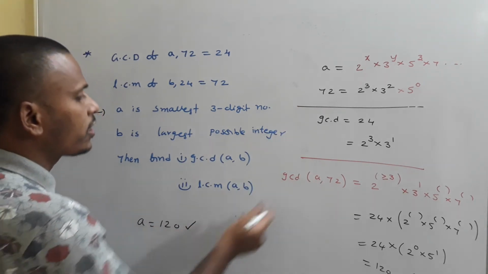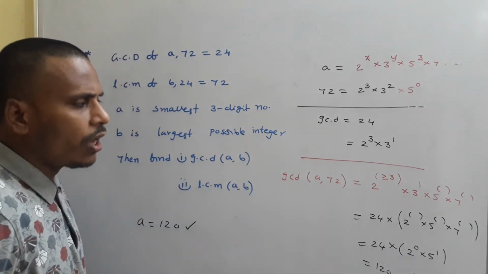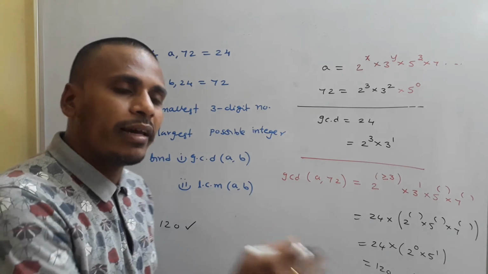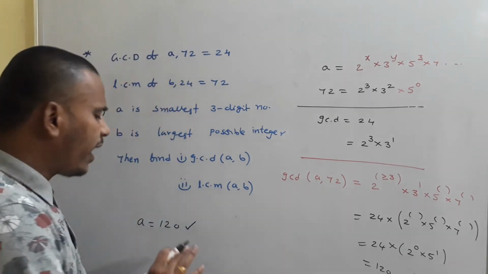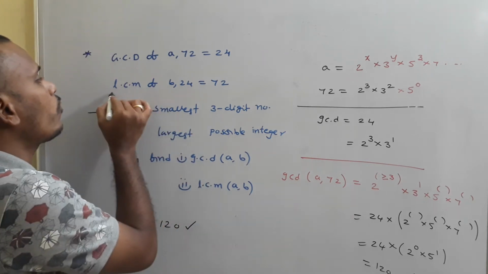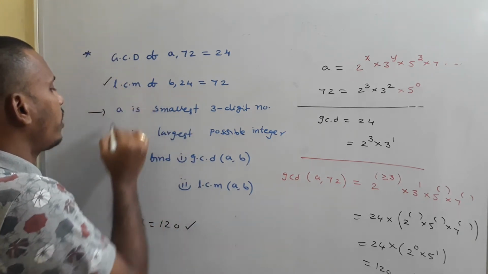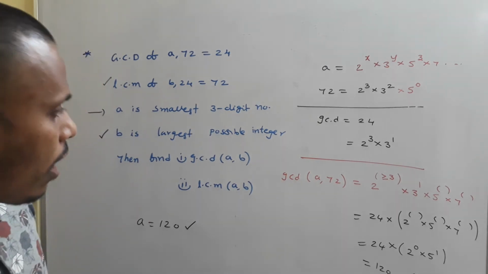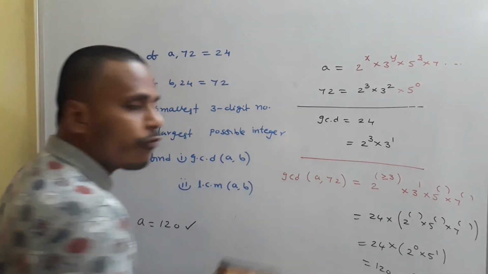This is actually the descriptive way of finding a. One may find out a as 120 directly by observing or by guessing. At the end, a is 120. This is the descriptive way of finding. In the same way, now using this second condition and then this fourth condition, we need to find the value of b. Now just have a look at the way of finding b.